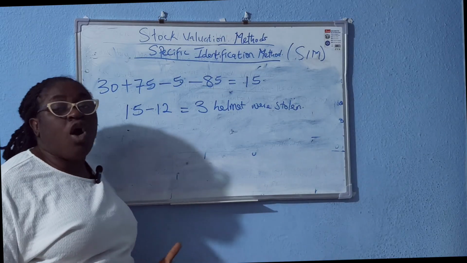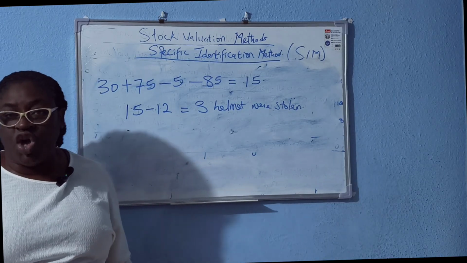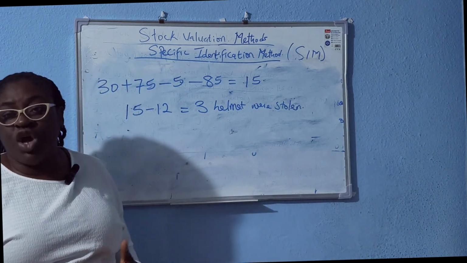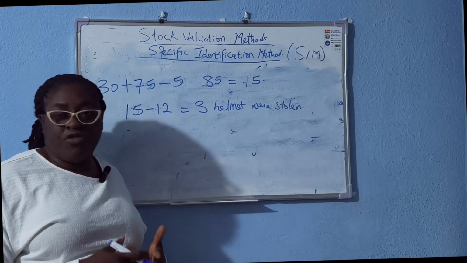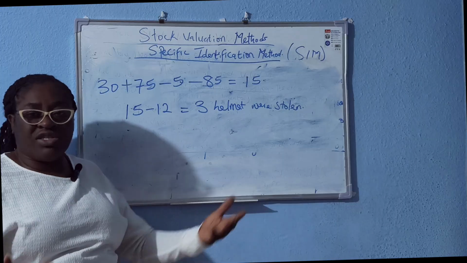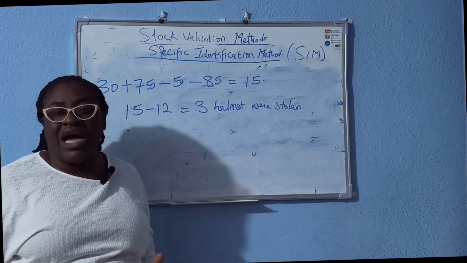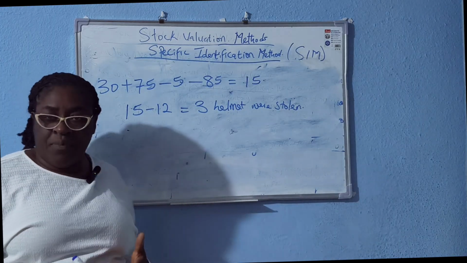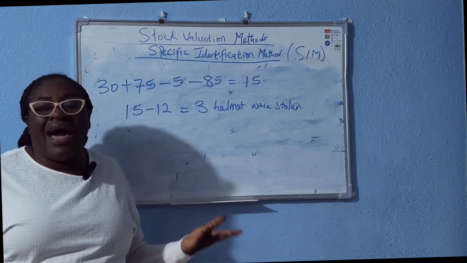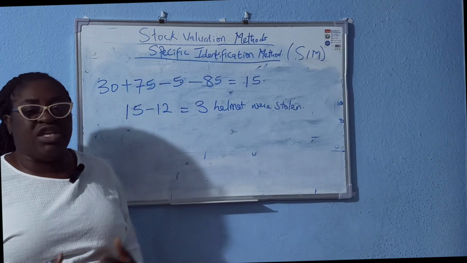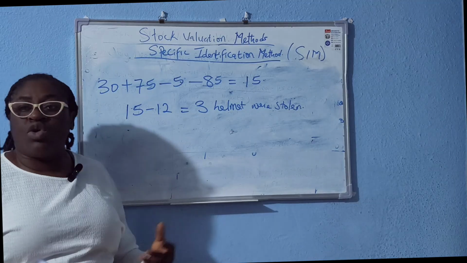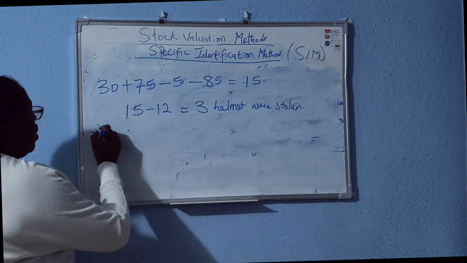So we can talk of proper authorization of stock. Proper authorization of the movement of stock. Somebody must be in charge of authorizing stock that comes in and stock that goes out of the business. We can also talk about installing an alarm door in the business. Installation of alarm doors. And then you can also talk about proper